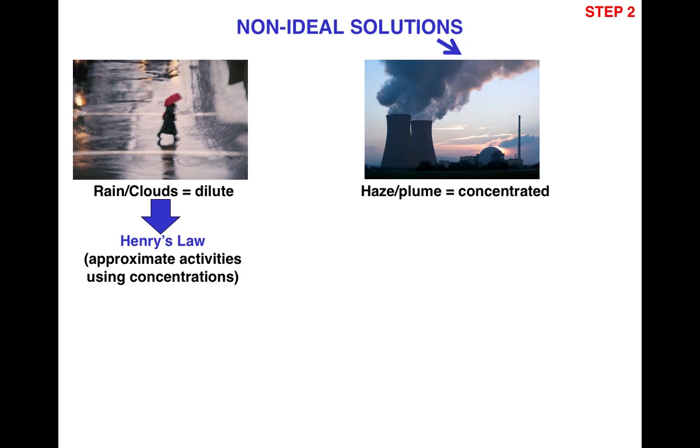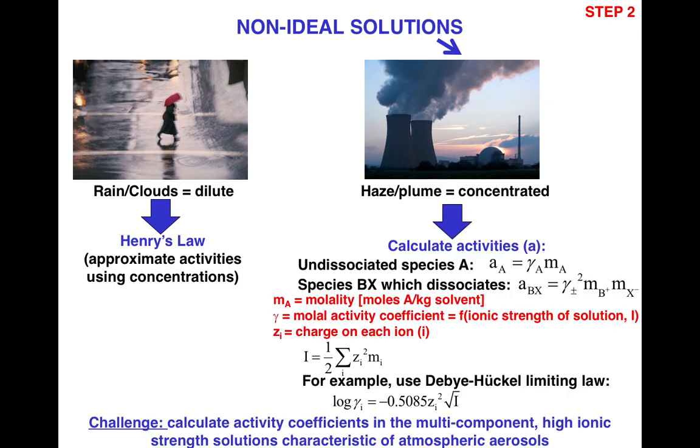Rain and clouds, they're dilute. Henry's law approximates activities. But in a haze or a plume, I'm showing cooling towers from a nuclear reactor. Here, this is very, very highly concentrated, and we calculate activities. What I want you to take away and understand is that sometimes when a species